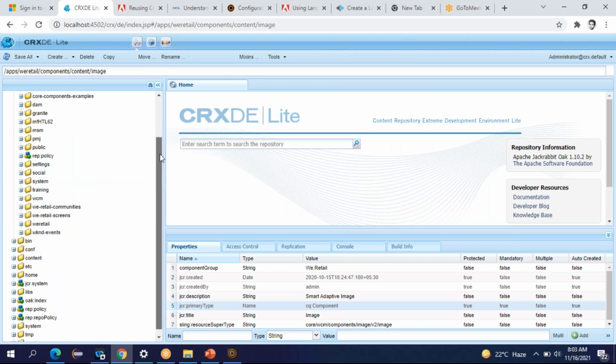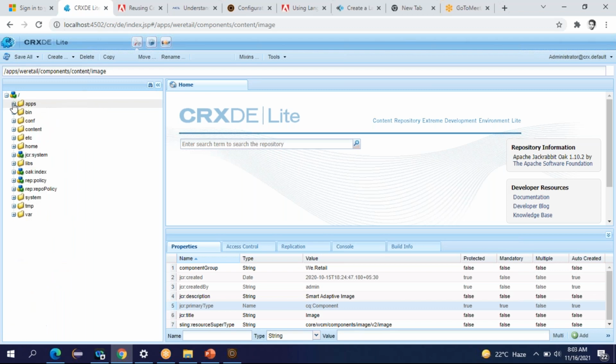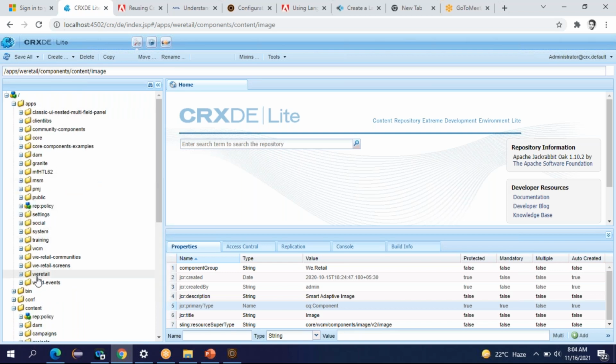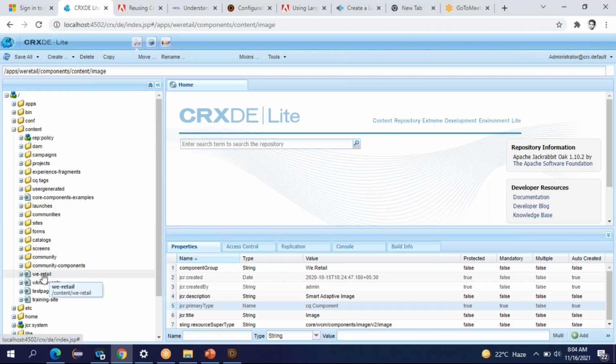Parallel to the apps folder, you'll find another folder called content. If I expand it, I'll find a folder called wretail inside it under content. So this is actually your website. Under apps we have wretail, but this is a folder. Under this we create our templates and components. But this is actually your website. Under the content folder, your website, wretail, will be created. So if I expand wretail,